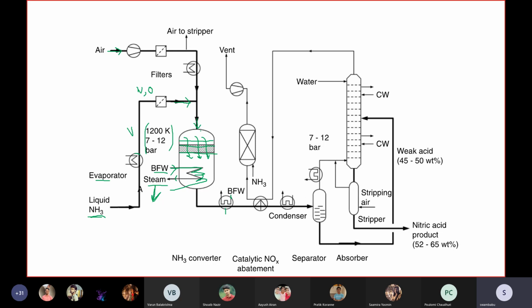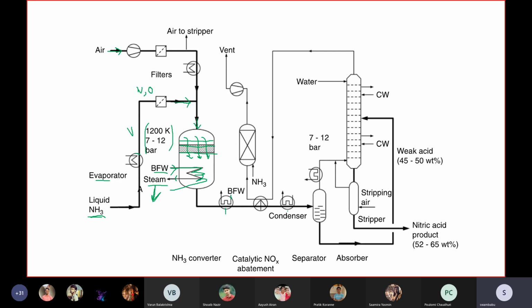I'm repeating, the nitric oxide comes out and water vapor comes out. It will be at very, very high temperature because it's an exothermic reaction. So the heat is removed because the next reaction, nitric oxide reacts with oxygen and converts to nitrogen dioxide, NO2, should be operated at 400 to 500 Kelvin. So the temperature has to be reduced. That's why a series of heat exchangers are used,